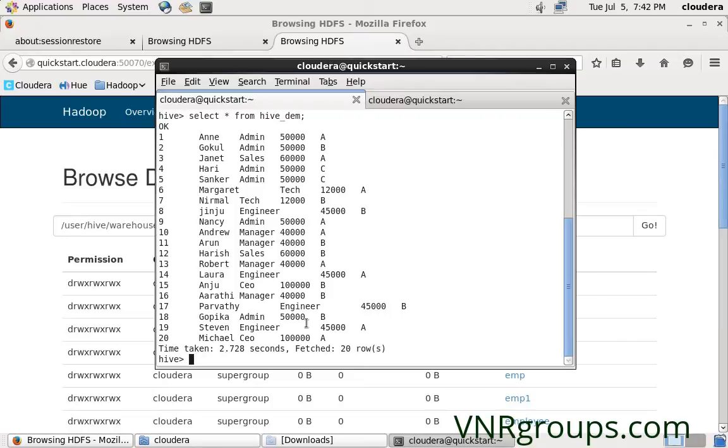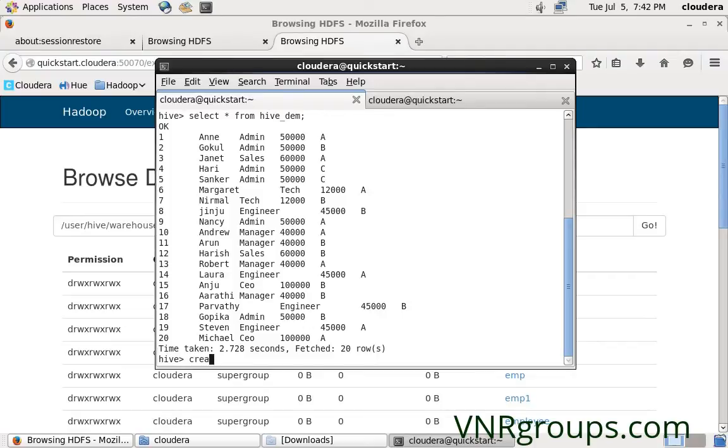I'll just use an extra keyword called external. Because of that, when I create an external table and load the data into the table, though I drop my external table, only the schema will get dropped, but not the data to which it is pointing. So your data will be safe and not harmed. That's why we always go for external tables.